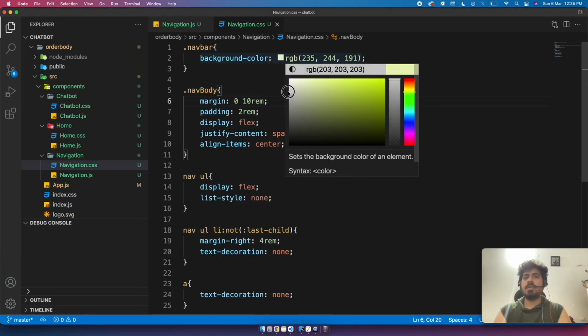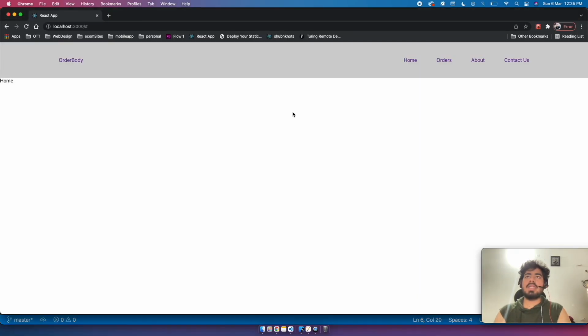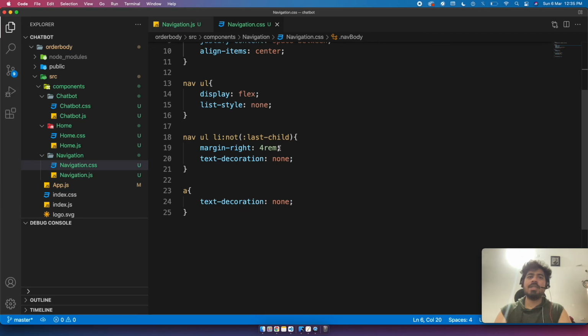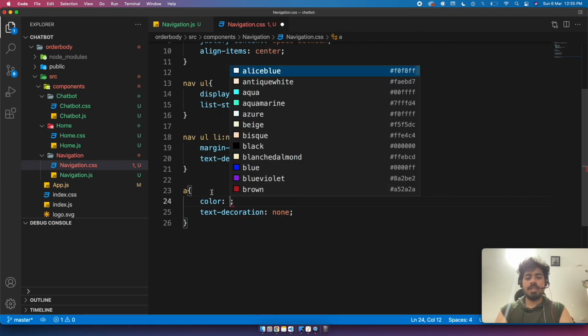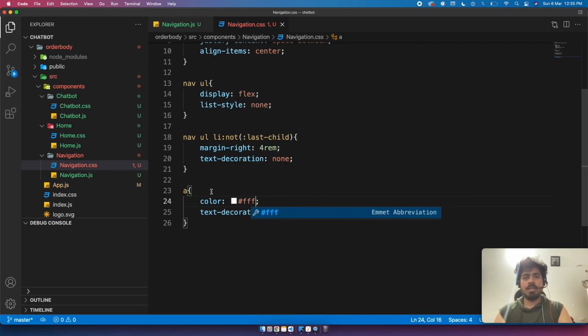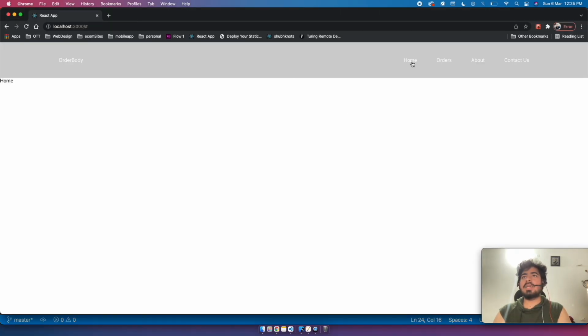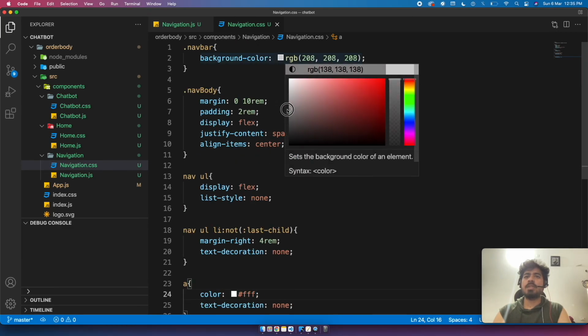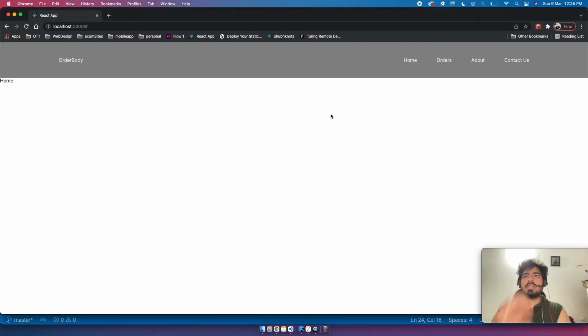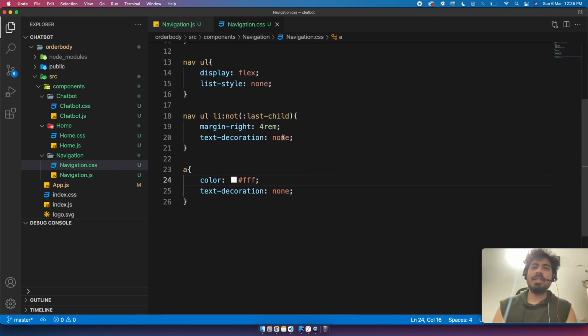So let's provide some gray kind of। ठीक है, अभी इसमें और क्या बच गया, कलर्स हम दे सकते हैं इसको। Let's provide some color. तो A को हमने कलर दे दिया कि you want to make it as white, तो white आ रहा है। तो अगर ये white है तो we can make it a little more darker so that it looks good। ठीक है, तो हमारा अभी नेविगेशन हो गया रेडी, है ना।